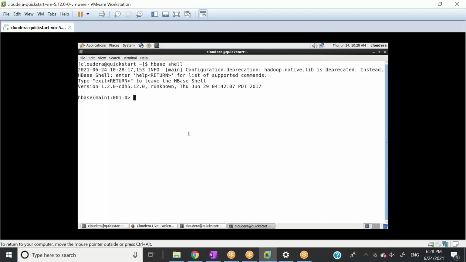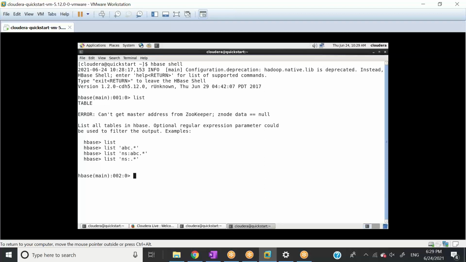Okay, so HBase shell started, right? Sometimes what happens is that HBase is dependent on two things, region and region server, and sometimes the region or region server might not have started. So to check it, just run any simple command. If this command gives you some output, well and good. If it gives you some error, then you need to do something. I'll tell you. That's a very good example, right?